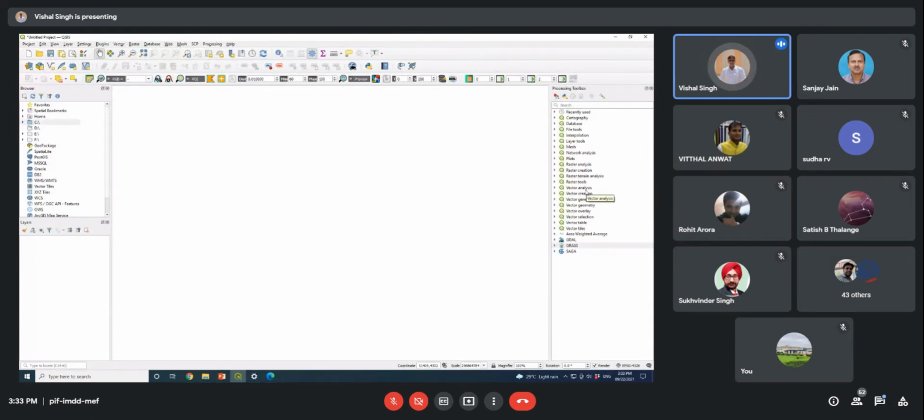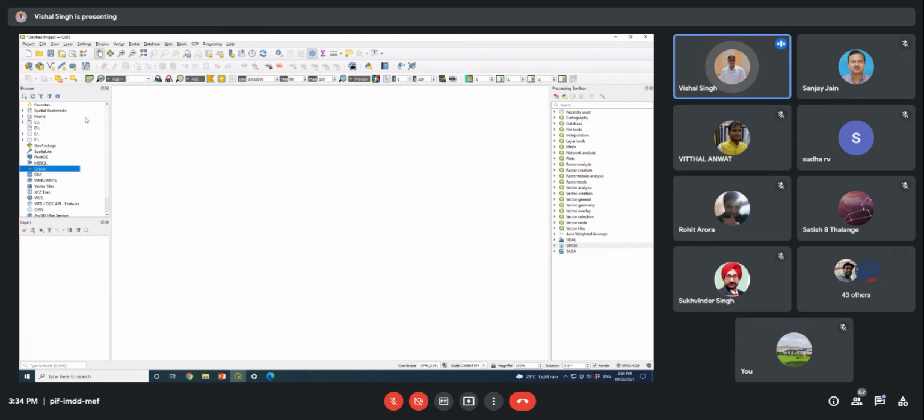If you want to perform a particular function in this toolbox window and it is not enabled, you need to install that particular library in this QGIS environment. We have the facility to install some additional libraries that can be utilized in this environment to process the raster and vector datasets.